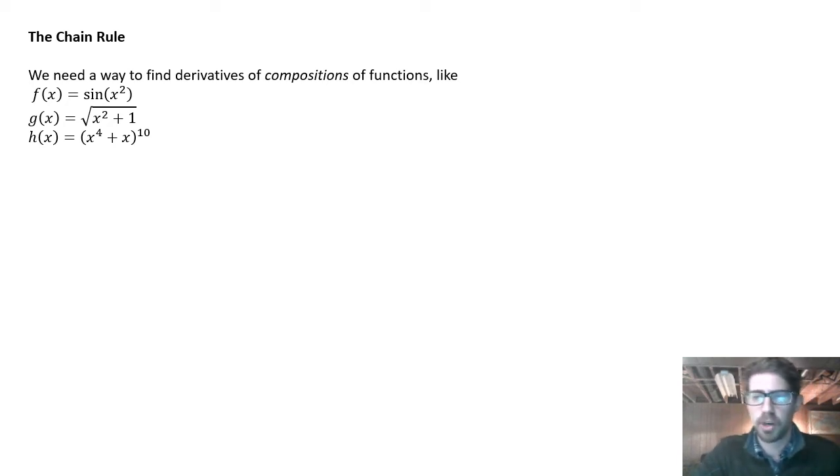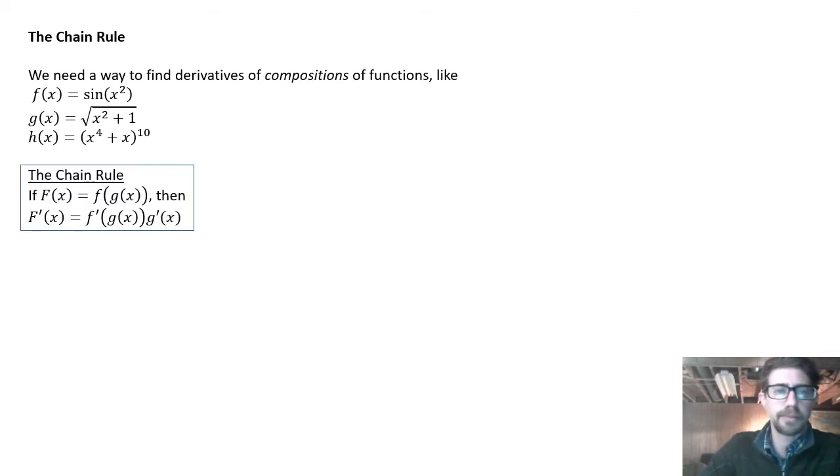It's a little weird when you first look at it, but once we see examples you'll see how it works. So here's the statement of it. Don't think of this as a formula to memorize. Just think of it as the way it works and you get used to it. If you have capital F, which is a composition of f and g, so capital F of x is f of g of x,